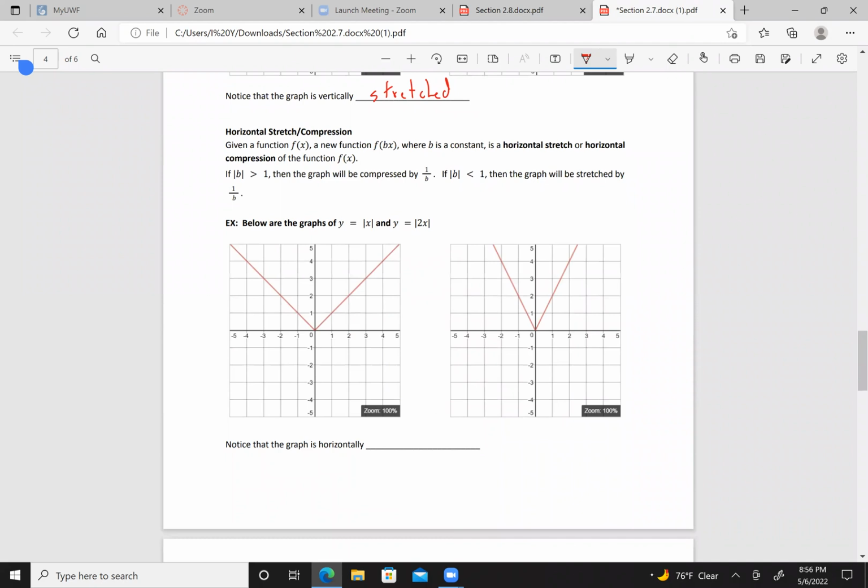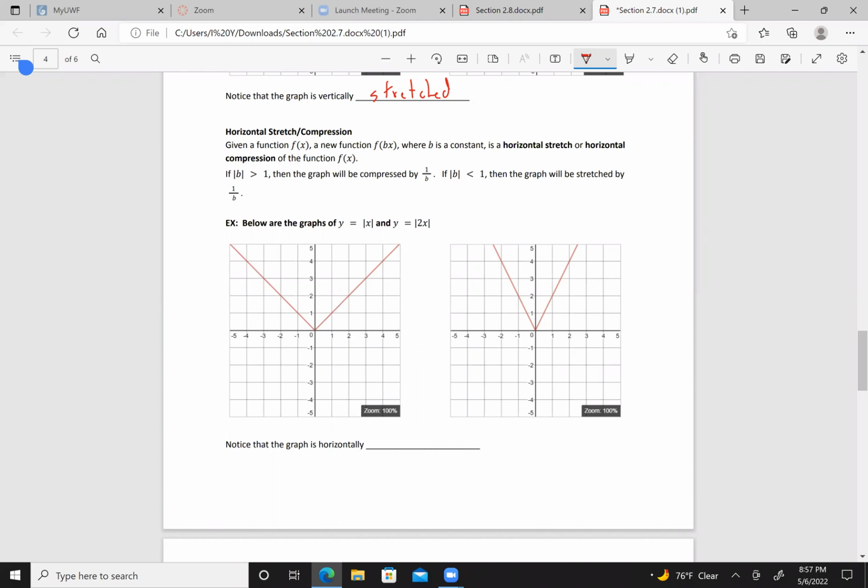Okay, so now we're talking about horizontal stretch and compression. Given a function f of x, a new function f of b times x, where b is a constant, is a horizontal stretch or horizontal compression of the function f of x. If the absolute value of b is greater than 1, then it is compressed. If the absolute value of b is less than 1, then the graph will be stretched